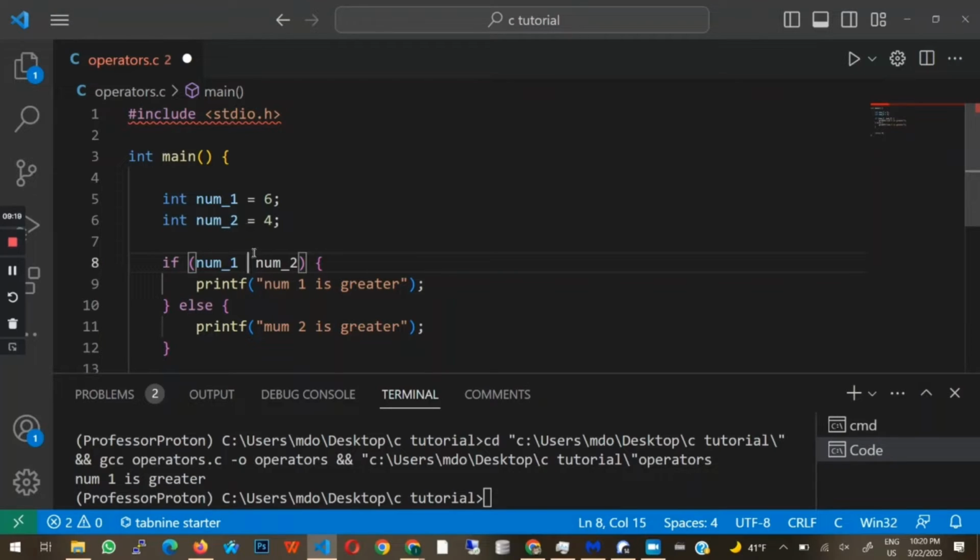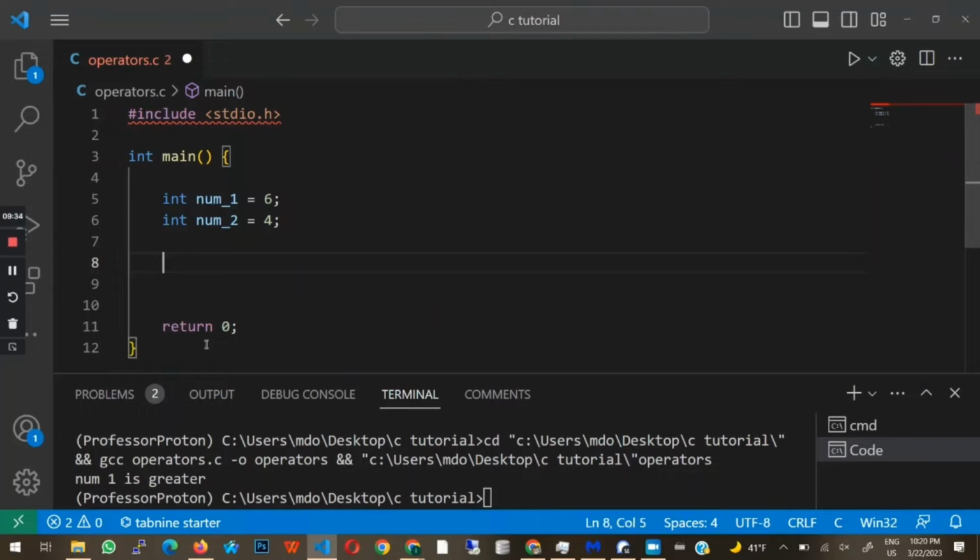Now the way an OR logical operator works is that all it needs is for one of the conditions that it is checking for to be true. I'm going to show you exactly what I mean by that. So let's check to see if any of the numbers, that is num1 and num2, is greater than 5. I'm going to write a conditional here, and I'm going to say if, open bracket,